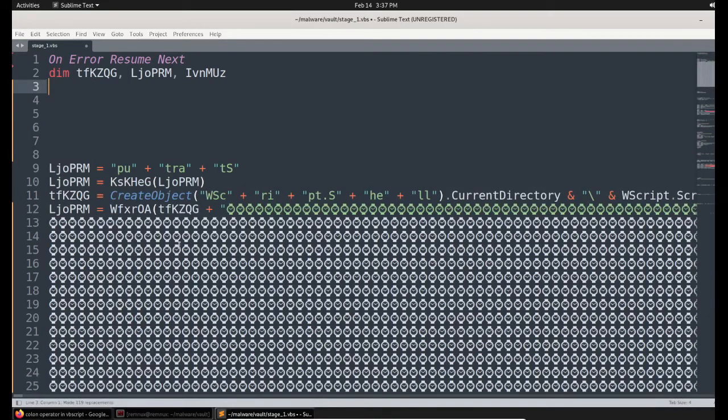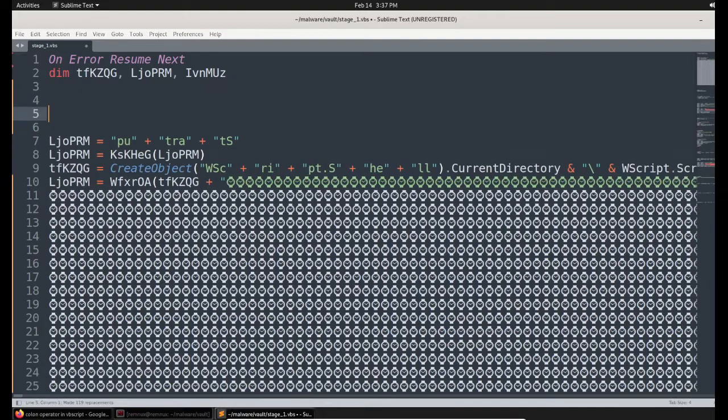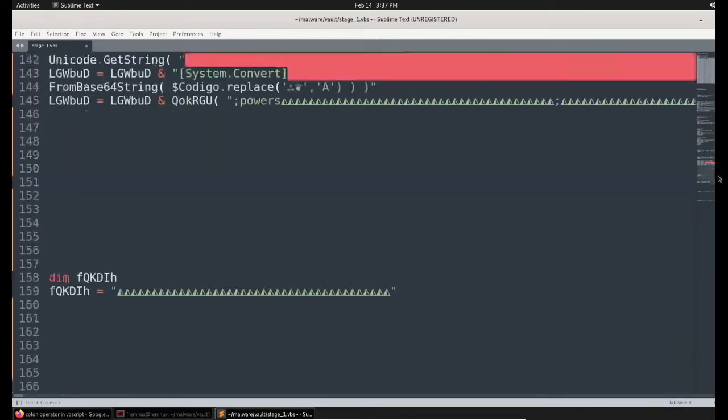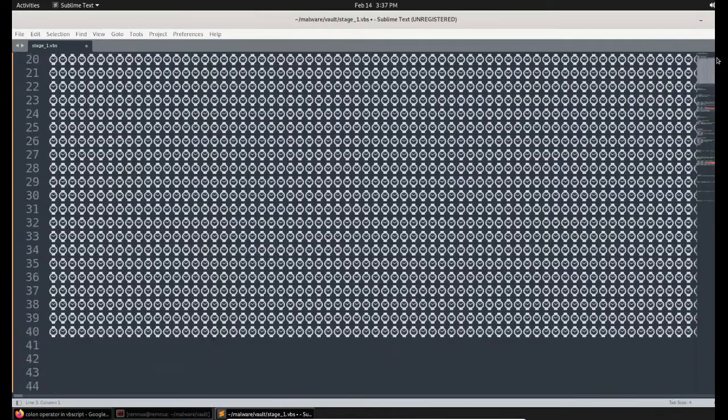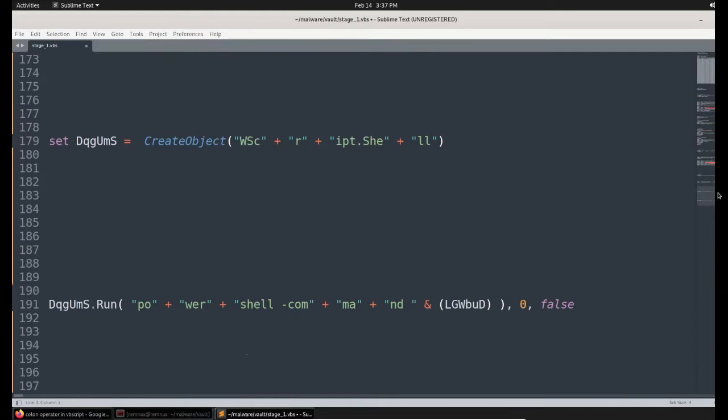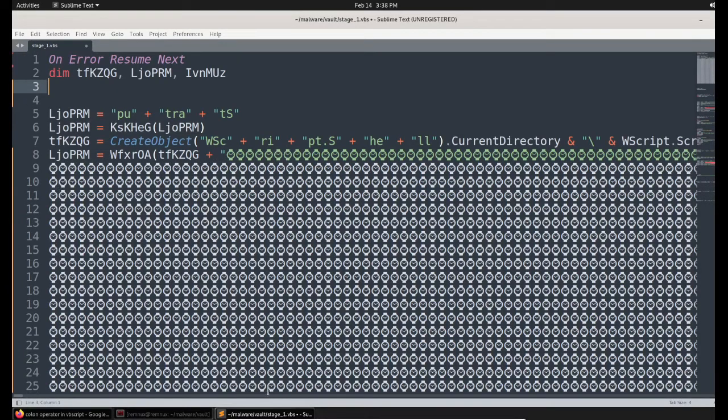So replace all. Now I have removed that part as well. Now you can see this is the VB script that we need to analyze. We simply minimized the number of lines drastically.